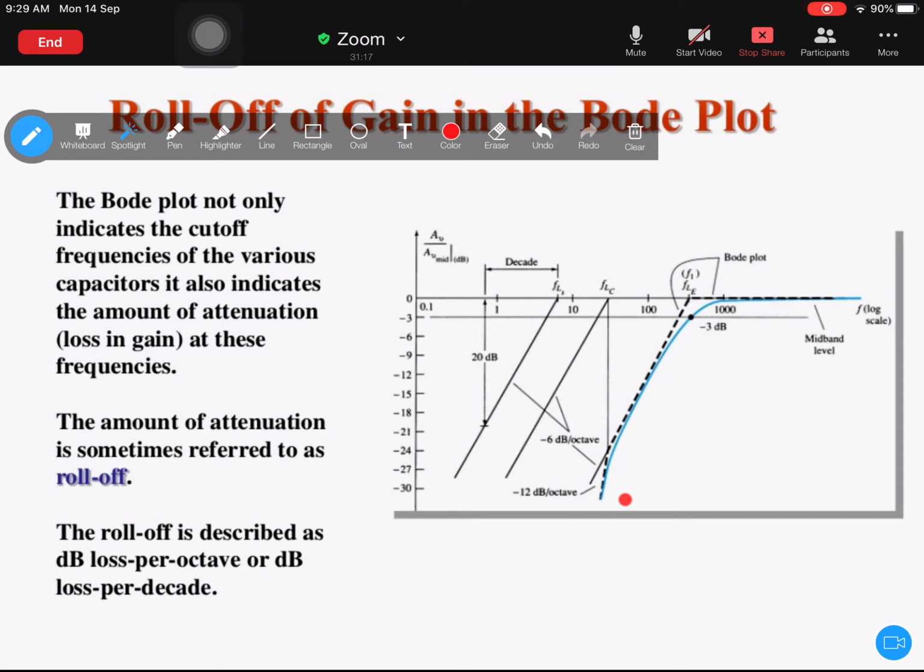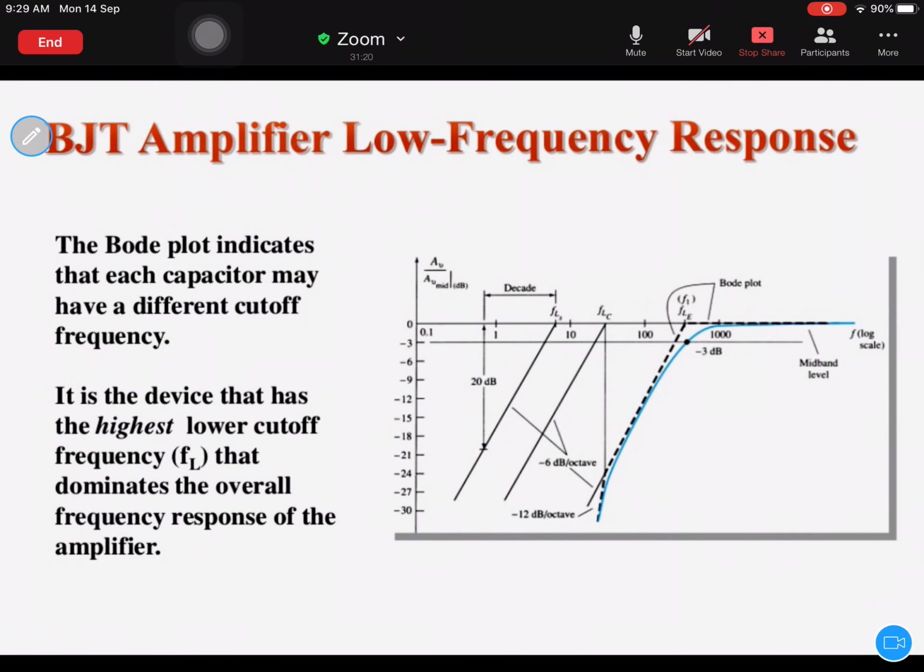One is roll off, the other one is the coupling capacitor. Three different capacitors are used to determine three different cutoff frequencies. One is coupling capacitor CS, the other one is coupling capacitor CC, which is at the output, and there is also another capacitor, the bypass capacitor, which is CE. So due to those three capacitors you will be getting three different lower cutoff frequencies. Whichever value is the highest, that value you must consider as the lower cutoff frequency for the operation of the transistor amplifier.